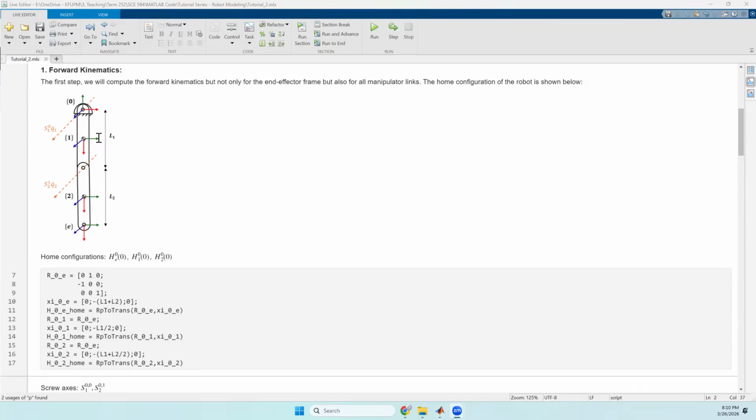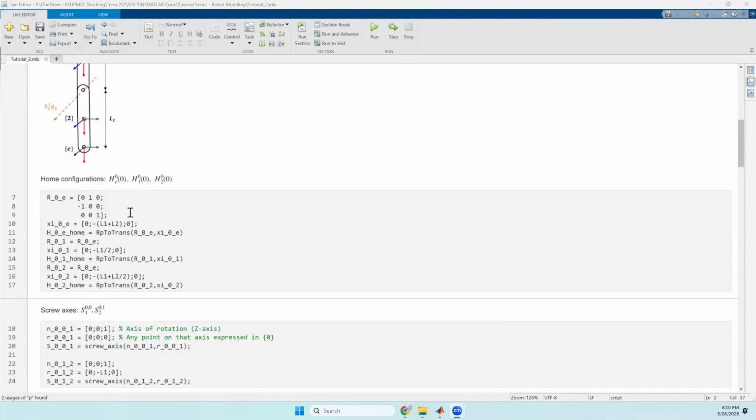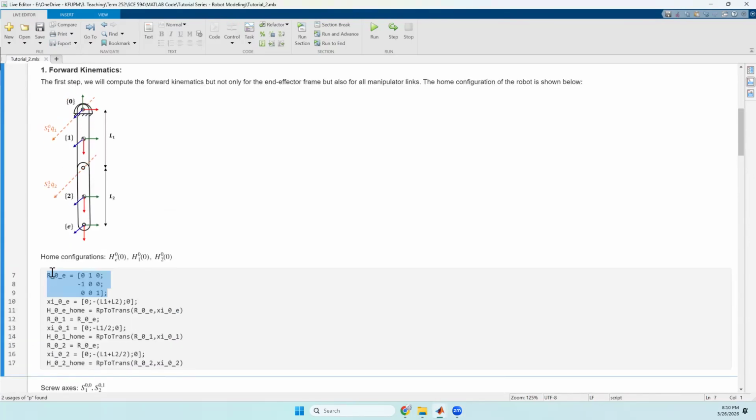So now, since we have these frames defined, we're going to be defining the home configuration of these 3 frames: HE with respect to 0, H1 with respect to 0, and H2 with respect to 0. So first, we'll define the rotation of E with respect to 0 and the displacement of E with respect to 0, given by this equation here. You'll see that unlike what we had in tutorial number 1, where the relative orientation between frame E and frame 0 was given by the identity matrix because they had the same orientation in the base frame,